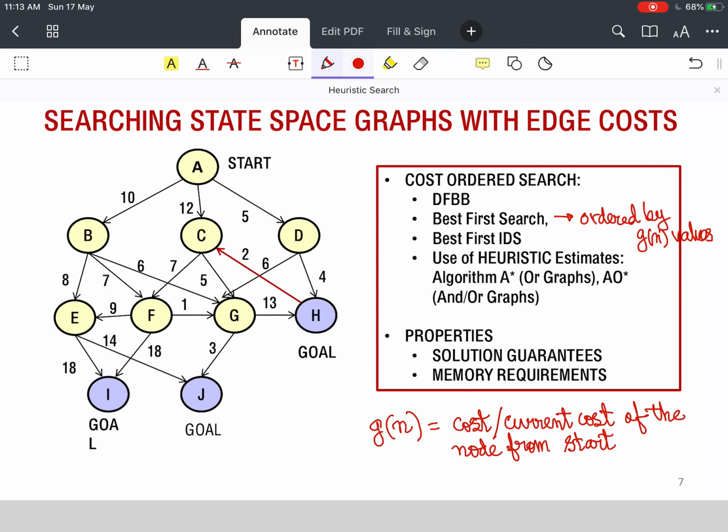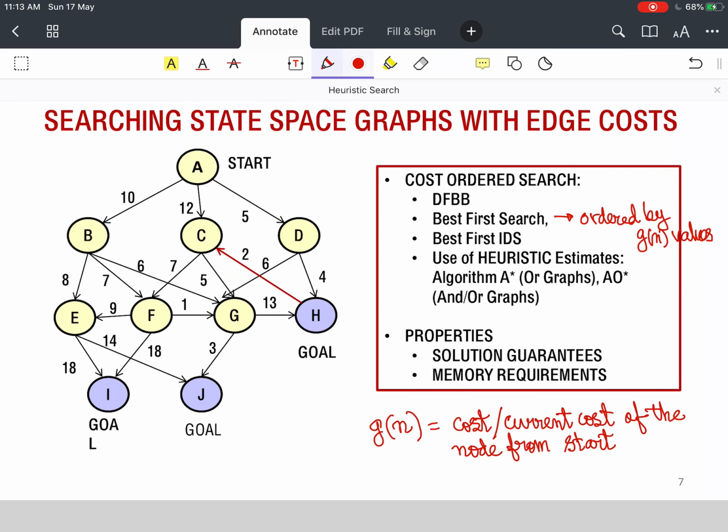So instead of a queue, it becomes an ordered queue, or a priority queue, ordered by the cost values. The third thing that we now see is the use of heuristic information. That is something we will add, problem specific or domain specific information, to these costs to modify our problem statement to the heuristic search problem statement.